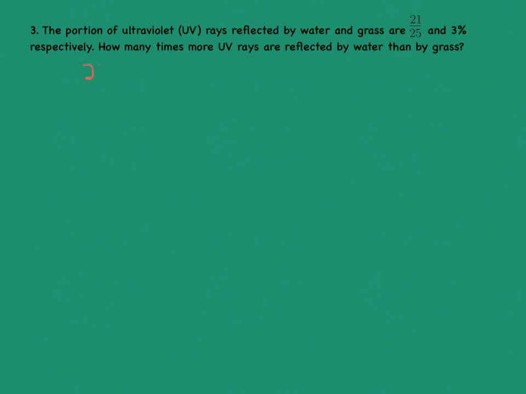So 21/25, to write it as a decimal, we can express the denominator as 100. So I will have to multiply 25 by 4 to make it 100. And this is an equivalent fraction, so we need to multiply the numerator by 4 also. So you end up with 84/100, and that gives us 0.84. And 3% is the same as dividing 3 by 100 to give us